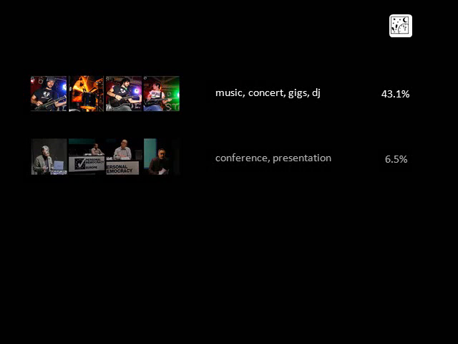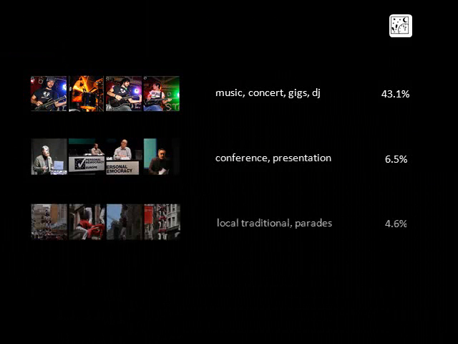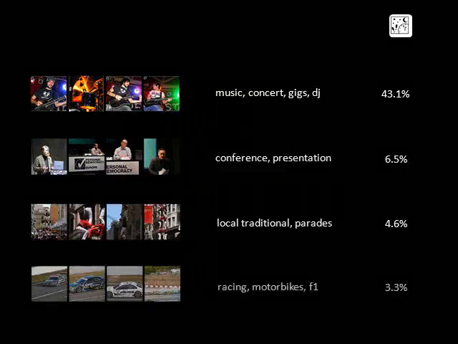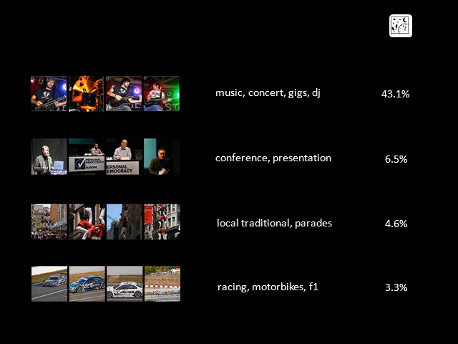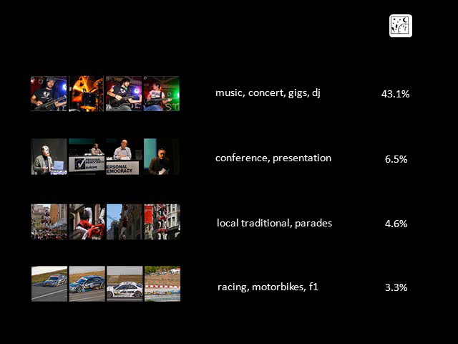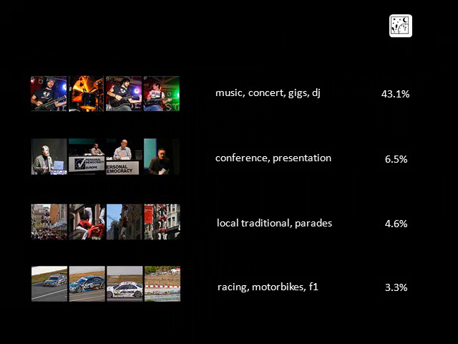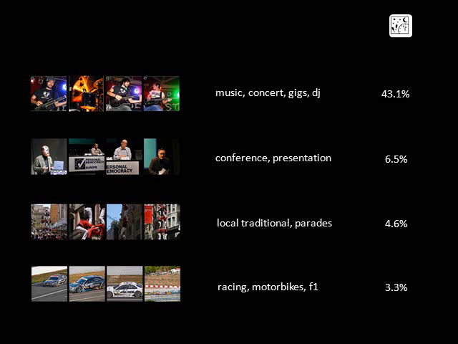Furthermore, looking into the event clusters produced by our scheme, we observed that a significant percentage of them is related to music events. Other important types of events with significant presence in the dataset were conferences, traditional events, and races. Moreover, a large number of events was associated with personal moments, for instance, going out with friends, and family occasions, such as weddings and births.